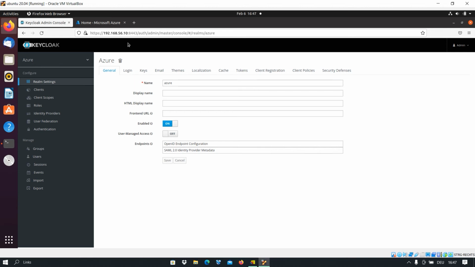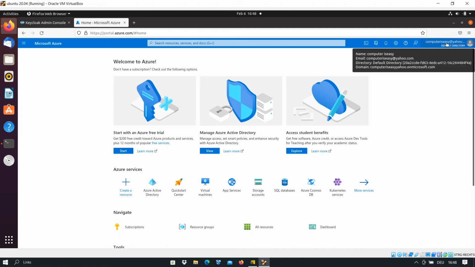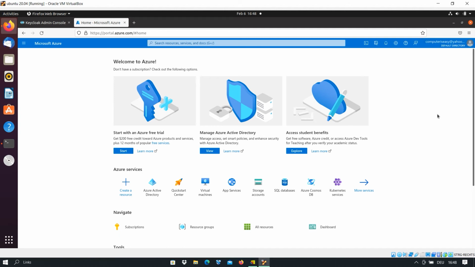Here you see that it's my Keycloak server and it is running on my VirtualBox under HTTPS. So if you don't know how to install Keycloak server, you can go back and watch the videos about this topic. And on the other side, you see that here is the portal of Azure. And I'm logged in with this Microsoft account. So for logging in to the Azure portal, you need a Microsoft account. So if you don't have it, first you have to create it,